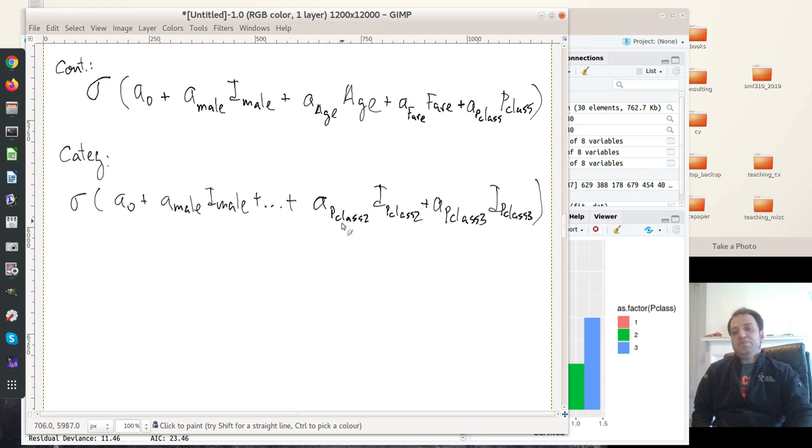And here I'm saying if it's class 1, just add all of this up. This is just 0. If it's class 2, then you add AP class, because this is now 1 and not 0. If it's class 3, then you add this much, because this is 1, but this is 0. Okay. So for the future, here this is a 0 and this is a 0, but of course R is trying to do as good a job as possible of making this be 1 for passengers who survived and 0 for passengers who did not survive, and same here,